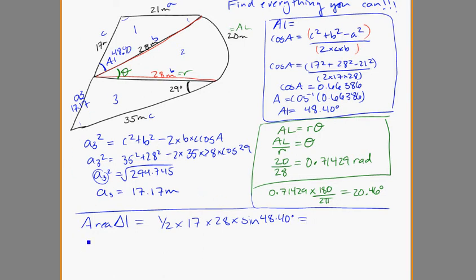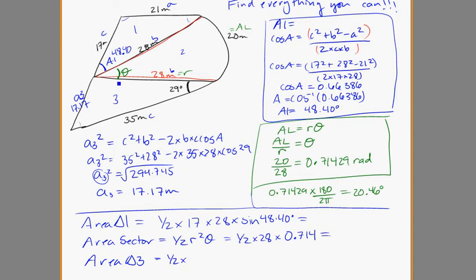The area of the sector, so area of the sector, is 1/2. Remember, the formula is 1/2 r squared theta, so that's 1/2 times 28 squared times theta, using the radian one. It's going to give us the area there. And the area of triangle 3 would be 1/2, again using a side angle side sandwich in here, 1/2 times 28 times 35 times sin of 29. So putting those three into the calculator, we would get,